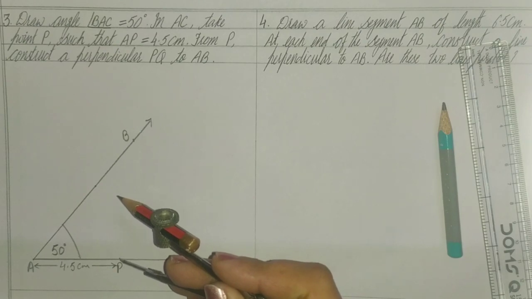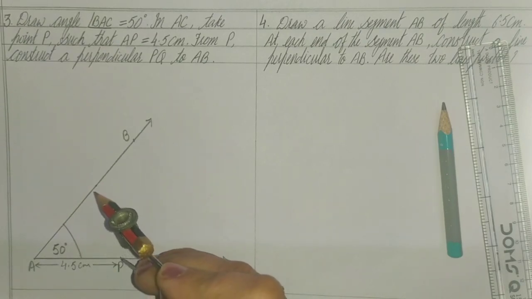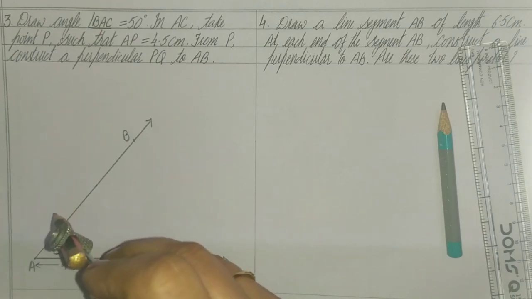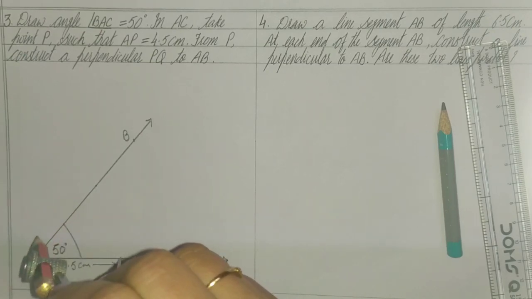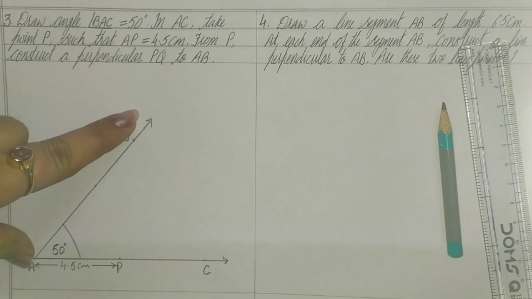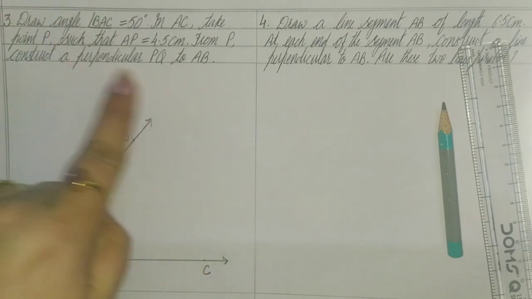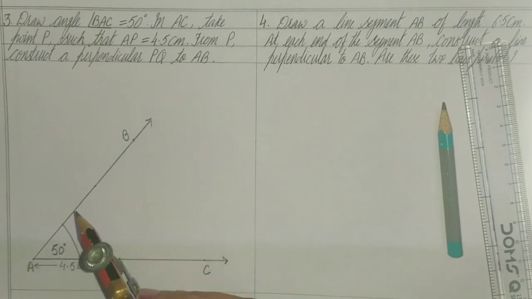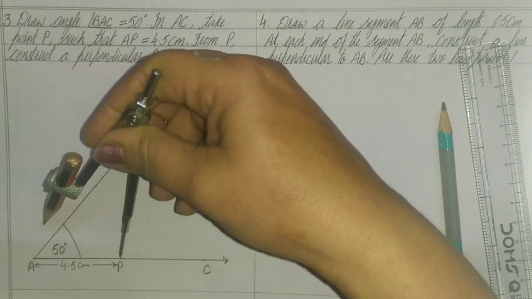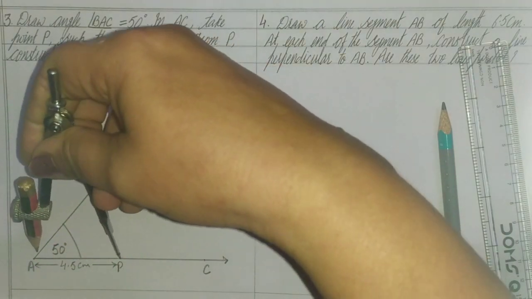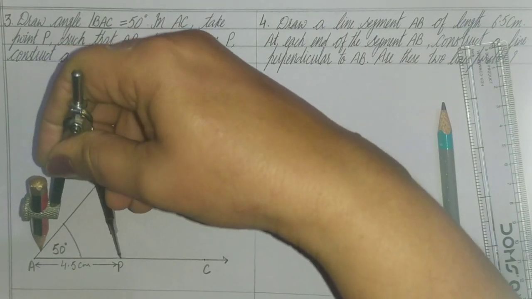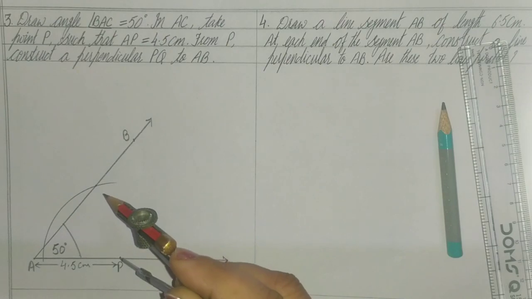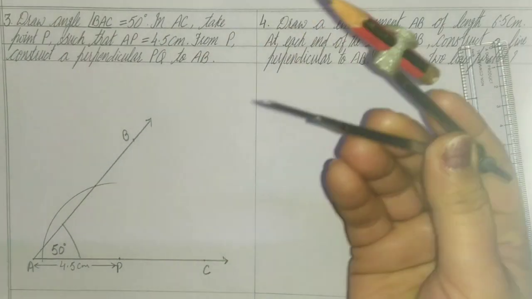Then open your compass to a convenient arc so that you can draw a convenient arc of the circle on AB, because the perpendicular should be on AB. So from this point P, by opening your compass, mark a convenient arc of the circle on AB. In this way you have to draw this with the same measure,